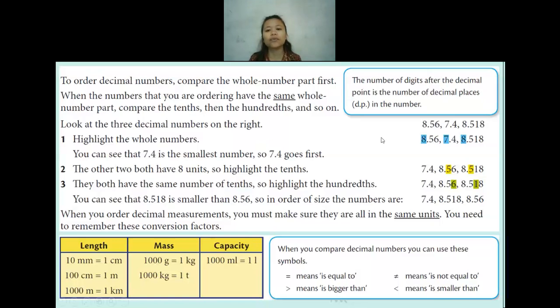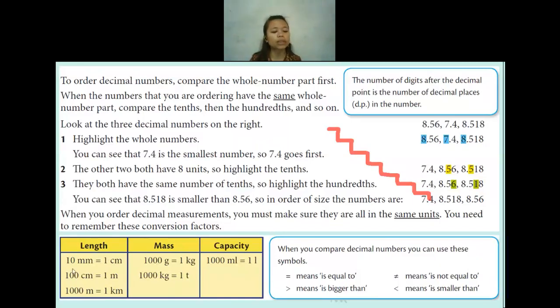Usually you will use the stairs when you are in primary. Most of you maybe will learn about the stairs, like kg, and then hectogram, decagram, and so on. If you already get used to the stairs, you are able to memorize all of the units on the stairs. It will be easy. So here, these are the most common units that we are going to use on Cambridge Checkpoint.